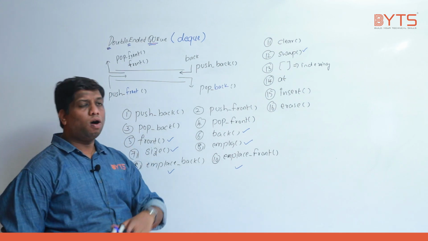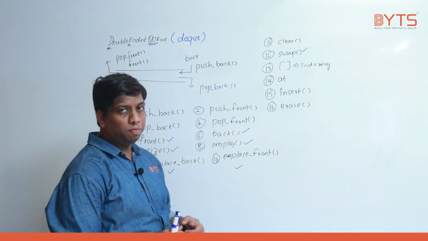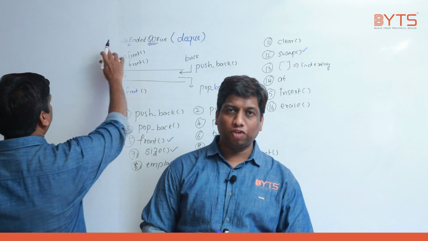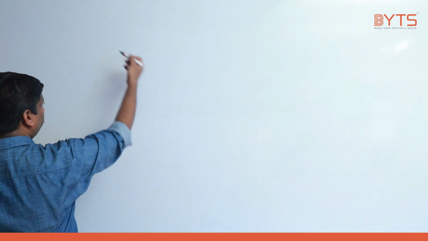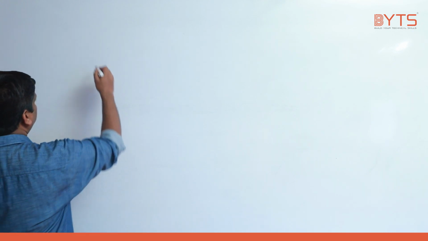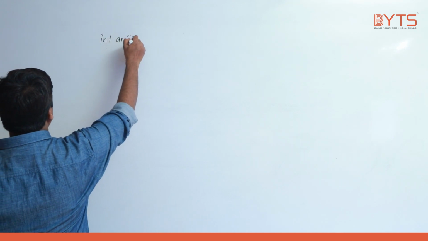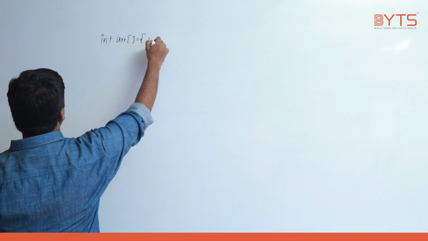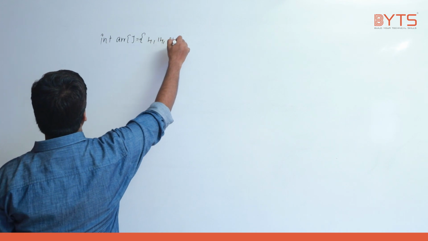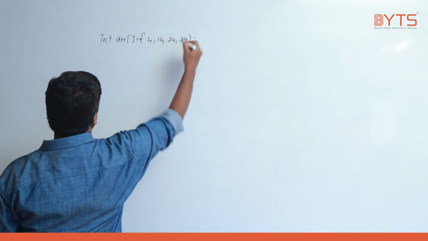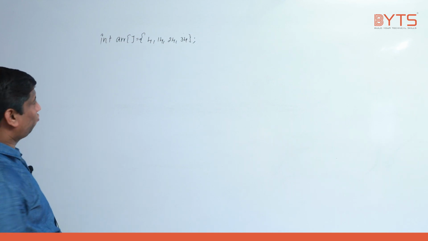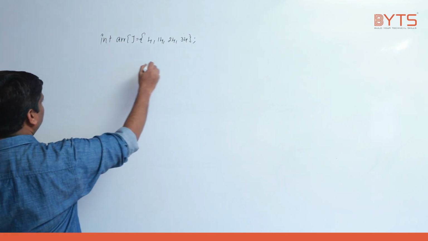Now we are going to see all these functions in detail, step by step. Okay, fine. So before we start, we'll see some other concept also, so that it will be helpful to you. Try to understand, there is an array. We have 4, 14, 24, 34. This is an array, right? Okay, fine. So when we have an array this way,